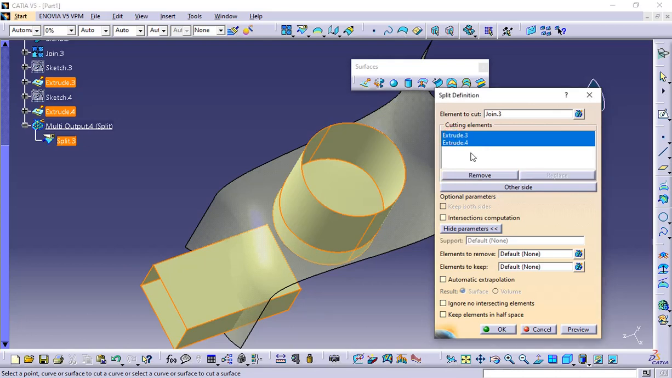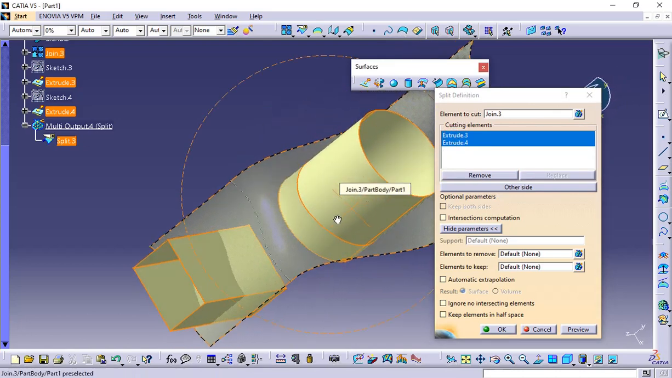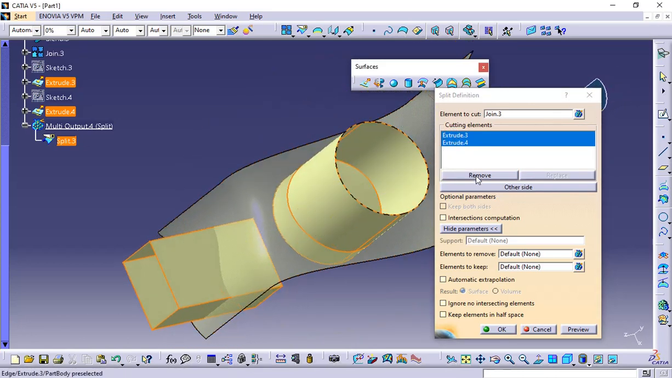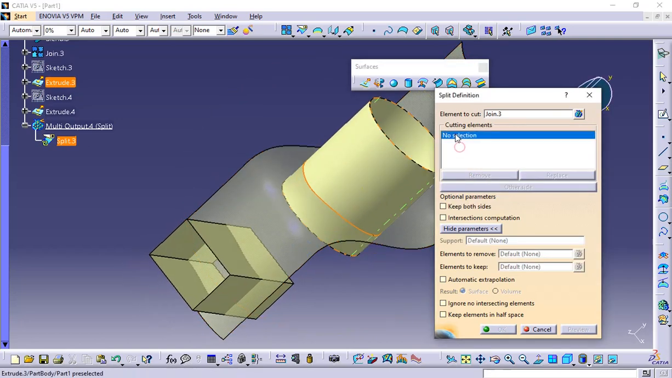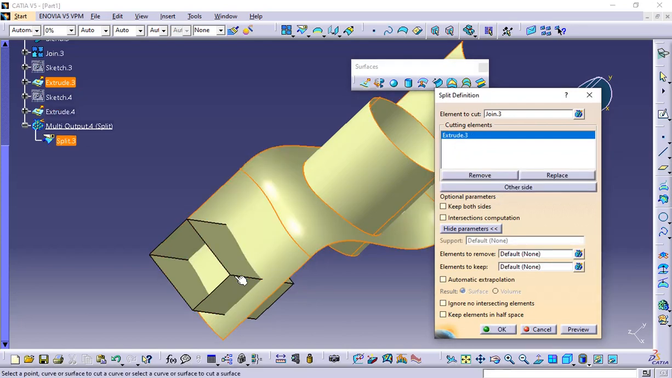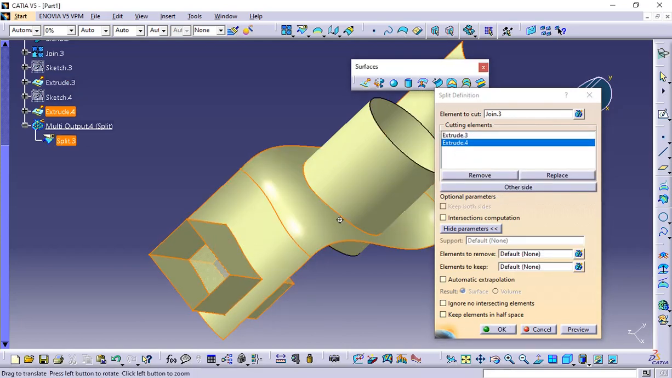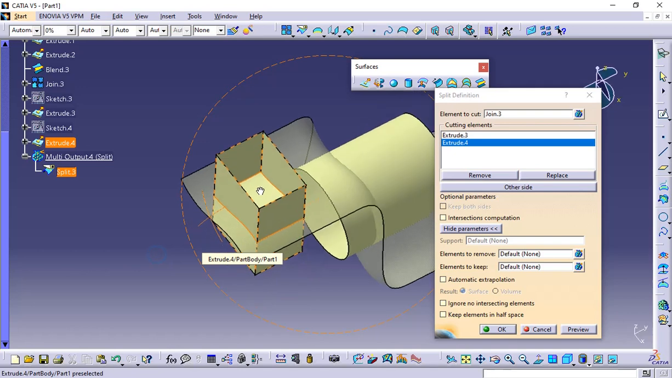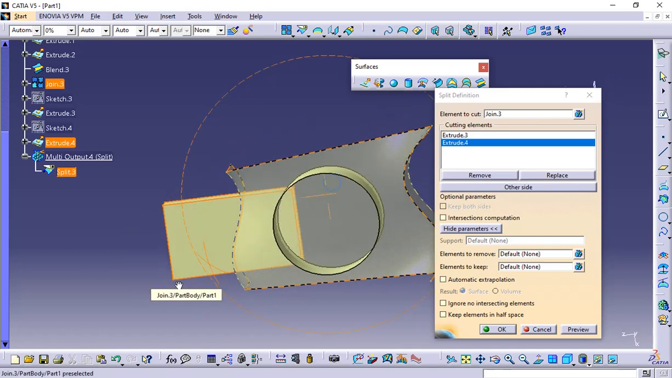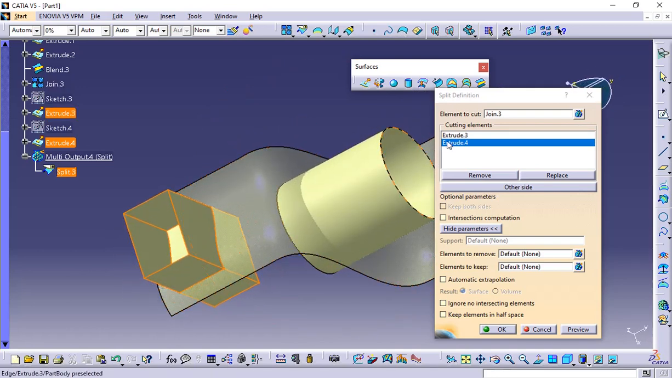Control and select both and select remove, and I'm going to select them again. Cutting elements is this one and this one. So if I select other side here, you can see here it is remaining and here it is gone. So if I press control on both, selecting both, and if I select other side now,